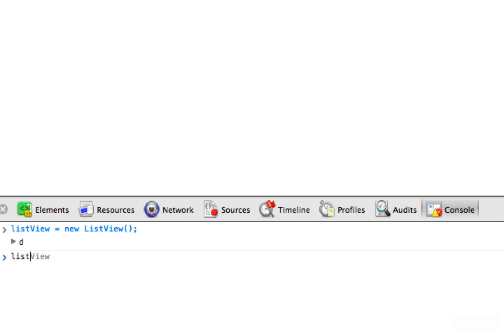And now I'm going to take a look at my list view element and see what that looks like. So my list view element right now is just an empty unordered list, and that's because I didn't call render when it was initialized, because I wanted to manually render it. So let's go ahead and manually render that. List view dot render,